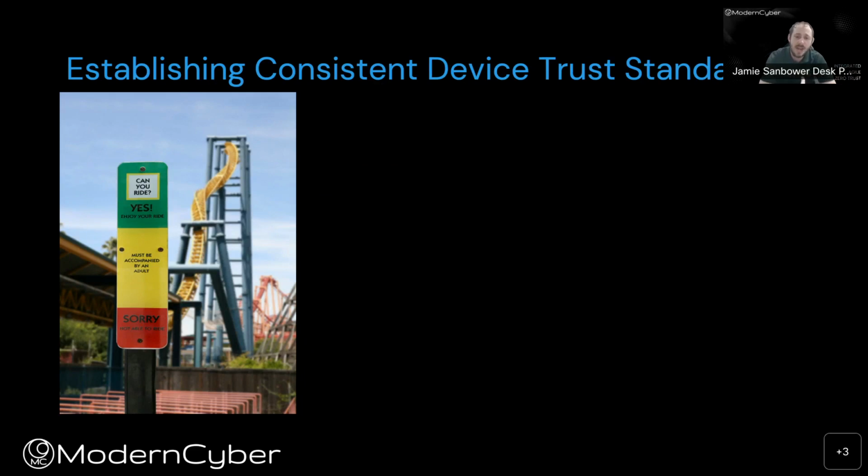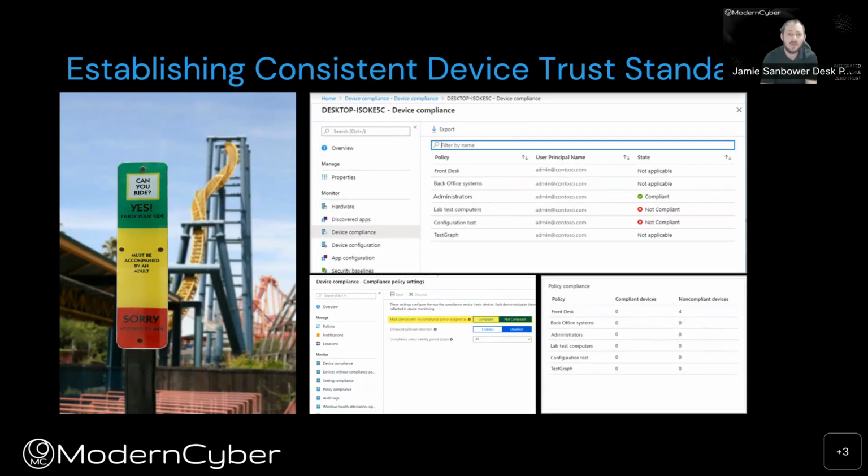So let's say we create a low risk, medium risk, and a high risk device trust policy. And for each of those policies, there would be a consistent set of compliance requirements, whether it's based on patches, what security software is installed, what policies are actually implemented on the machine, and then be able to apply that consistently across your different policy decision points. So if you use, for example, I'm showing some screenshots of Microsoft Endpoint Manager, where within Microsoft Endpoint Manager, I can create different policies around different use cases and groups.